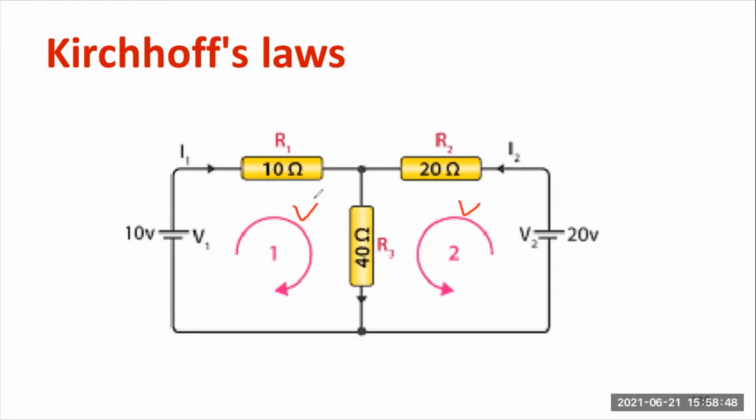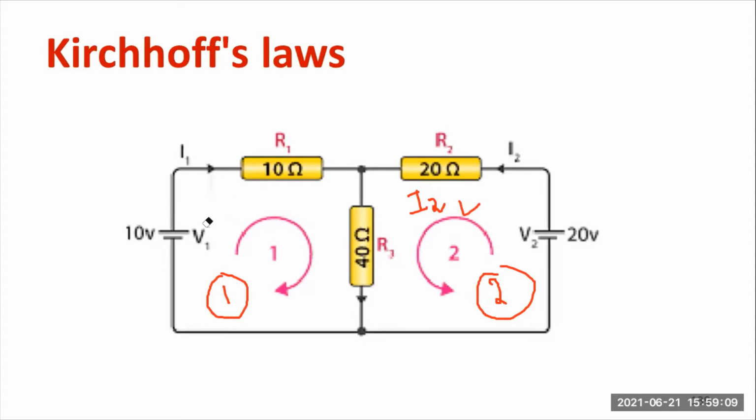So let us solve the first equation. Let us consider the first loop and make the particular equation. Later on, we'll move on to the second loop and make another equation. Then we'll solve the two equations and compute the values of I1 and I2 respectively. Let the first loop current be I1, then I2 is the loop current for the second loop. I think it is very clear.